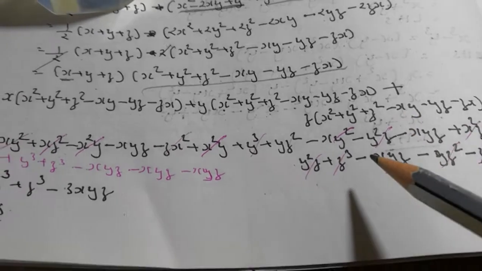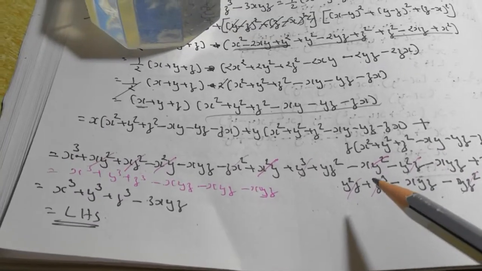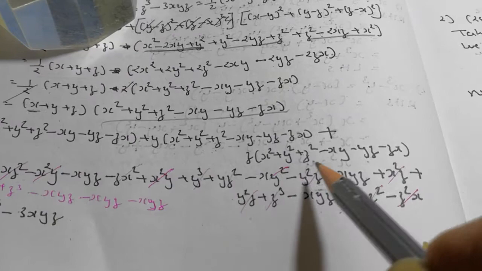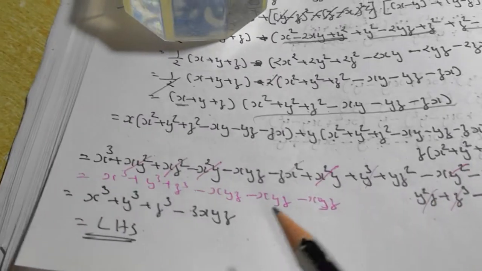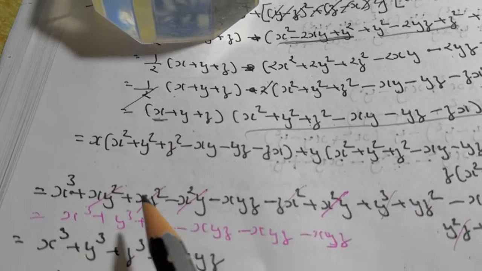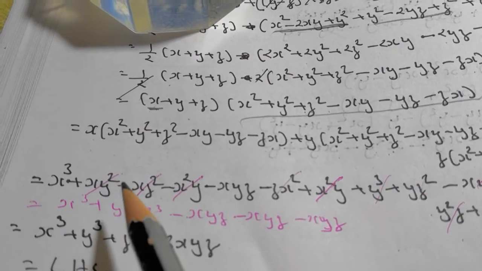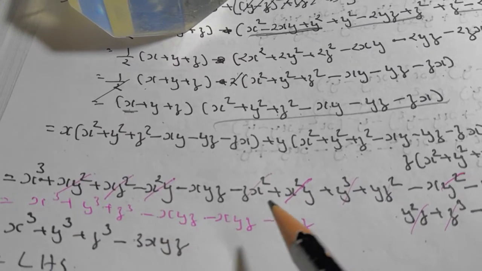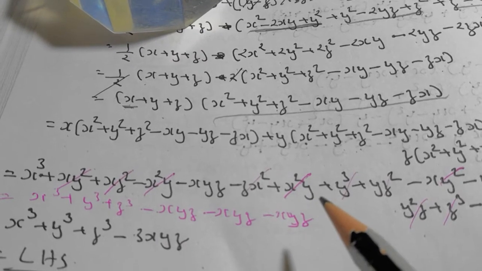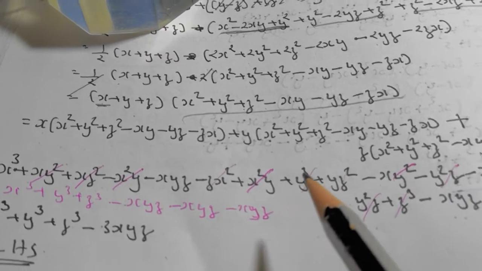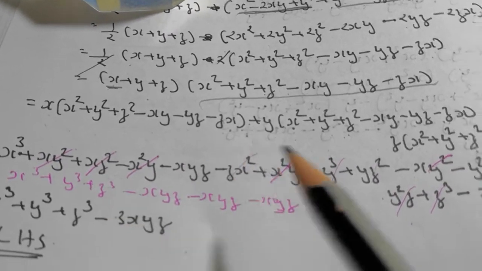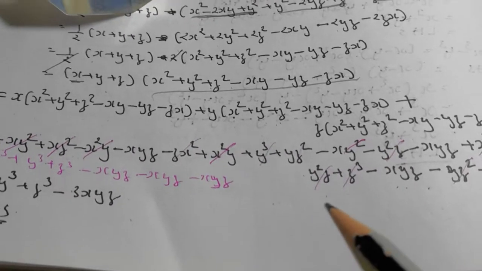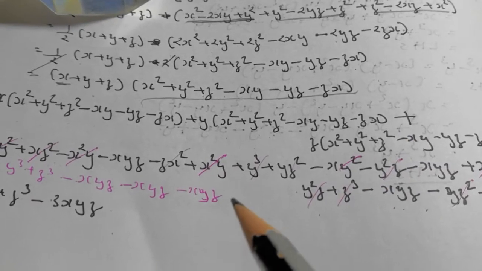Same way I have multiplied the third bracket also, which I have done over here, and I have got the answer. So what happens? x square y plus minus x square y, you will get cancelled. xy square, where it is, see, it is xy square, so it gets cancelled. xz square, again you are going to get minus xz square, that is going to get cancelled.